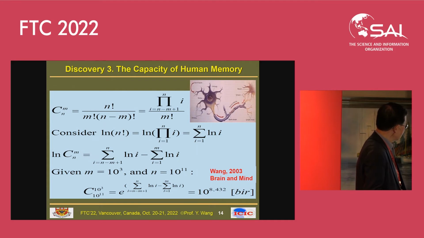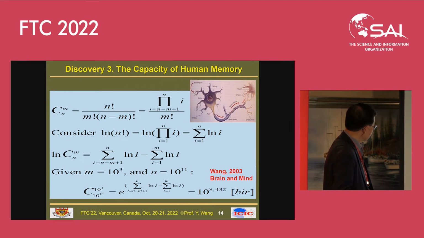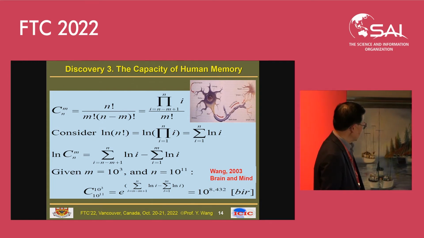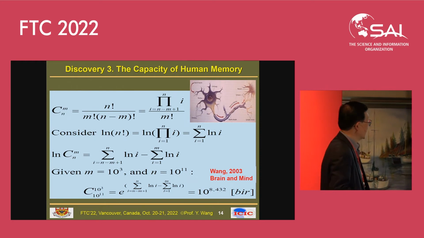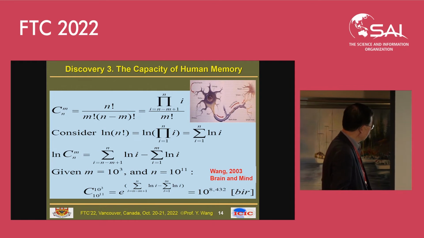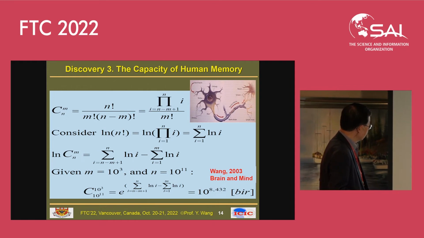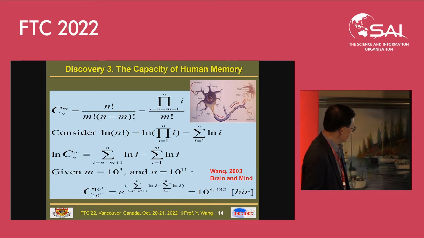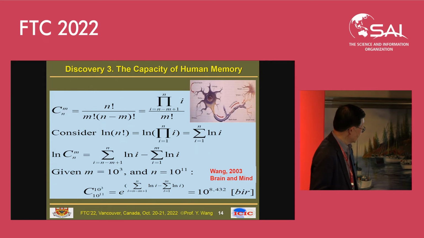So the problem becomes a mathematical model, a general combination model based on the base and the average connections. But this becomes a hard problem because the base and the connections are too large, and no ordinary computer can solve this mathematical model, although it's a well-known combination model. Then we found an algorithm to simulate and reduce the complexity of the computing, and that led to the solutions of what we found here.